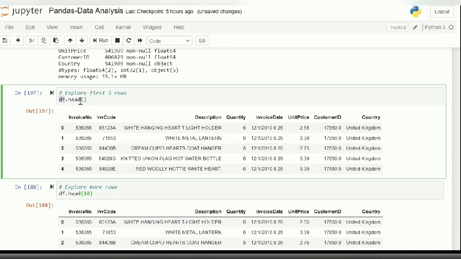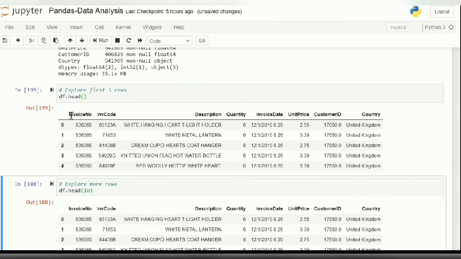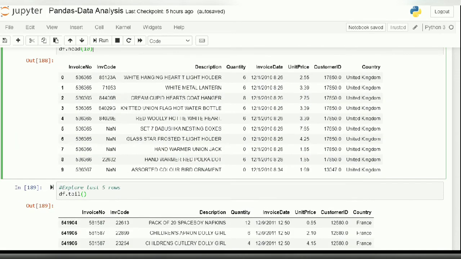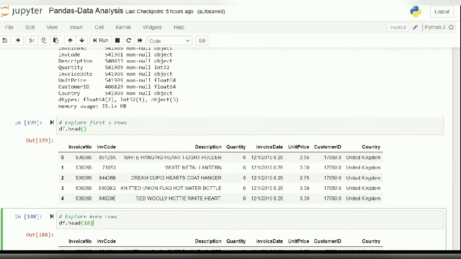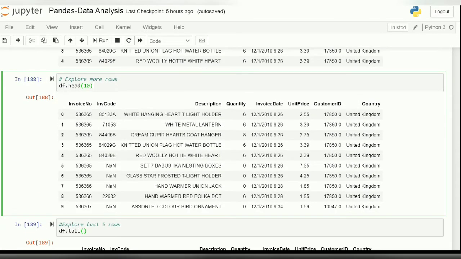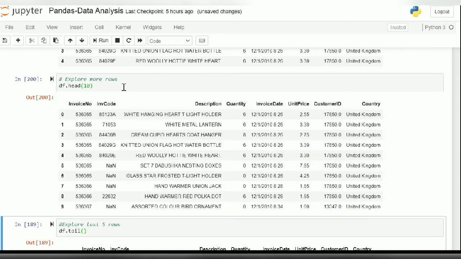Running df.head with no value inside gives me the first 5 rows, with index 0 to 4. If I pass a value, let's say 10, df.head(10) gives me the top 10 rows, from index 0 till 9.